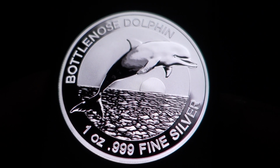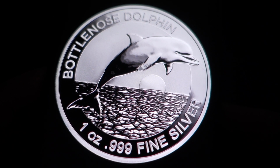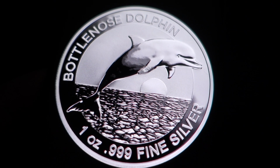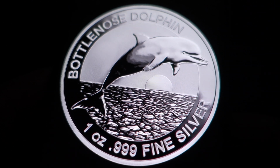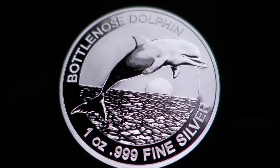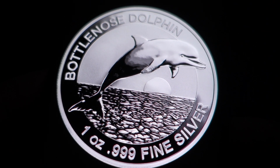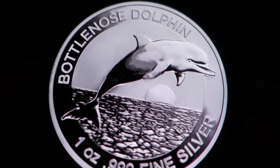Why? Because I believe you're looking at the Royal Australian Mint, the Perth Mint, and the New Zealand Mint. I think they all come under the same banner in terms of quality. I understand now from a few people that that doesn't seem to be the case, especially with New Zealand Mint and Royal Australian Mint. Not putting Perth up there, because there's way too much positive press from me on Perth, but you know, they ain't up there with them. But jumping into this was the